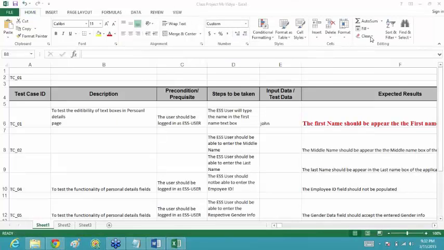Yes, ma'am. I understand, because in the last class yesterday I basically understood, but what you're saying is making more sense right now. For example, you should not use the word "should do that", because this is a command. Somebody is writing it to go and test an application, and this is a command: do this and you will get that. Exactly, this is the command that we are giving. Should would be the word used in the expected result column only, because this is what we are expecting from the application.